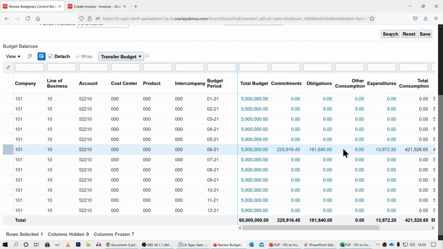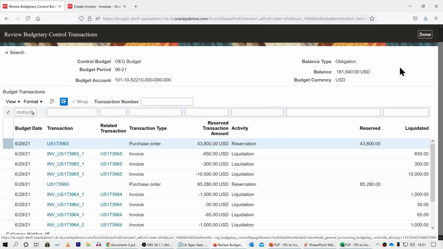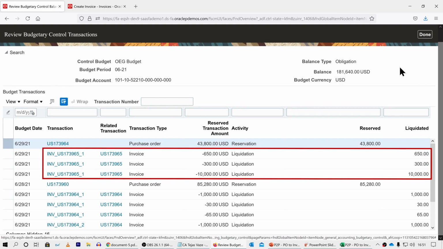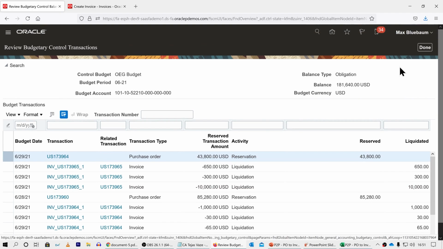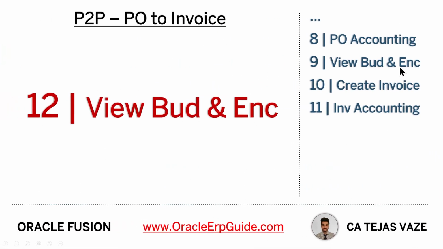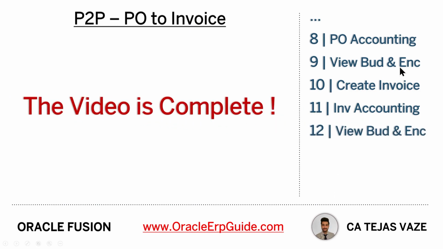Click on the amount in the obligations column and see that a partial liquidation for the purchase order has been created on account of the payables invoice. The purchase order to payables invoice flow in Fusion Procure to Pay is complete.